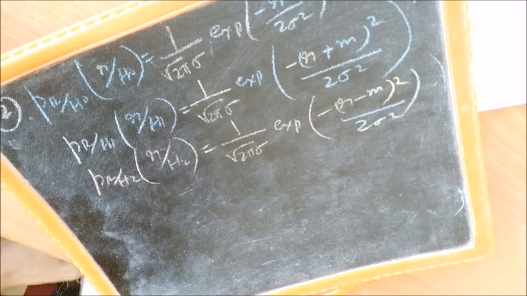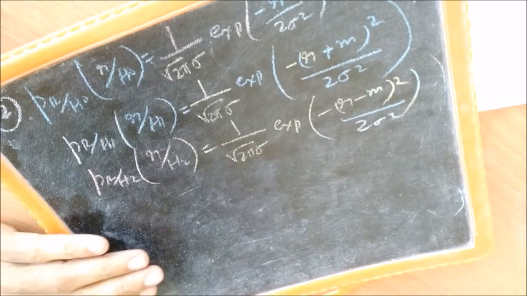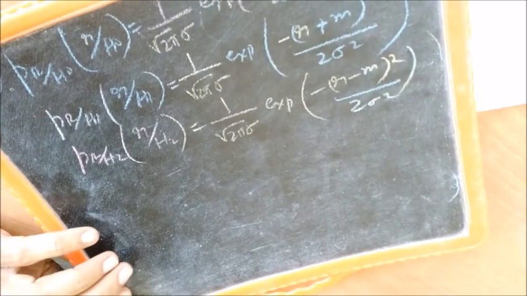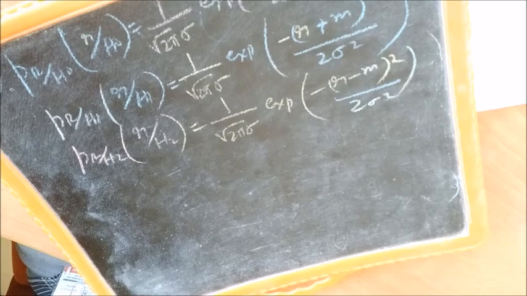Again, Gaussian distributed with mean m and variance sigma square. Mean m is a positive number,